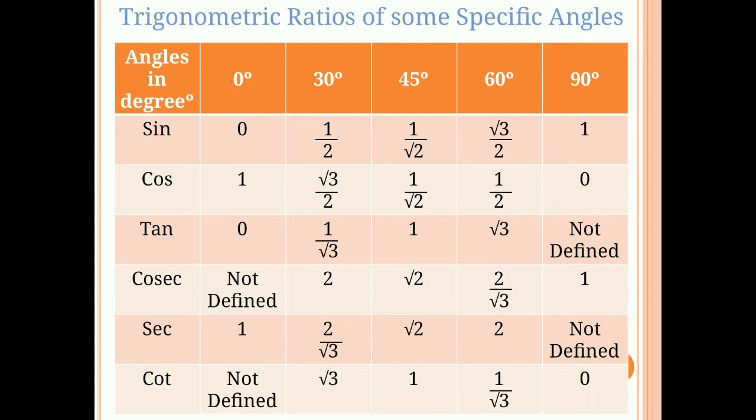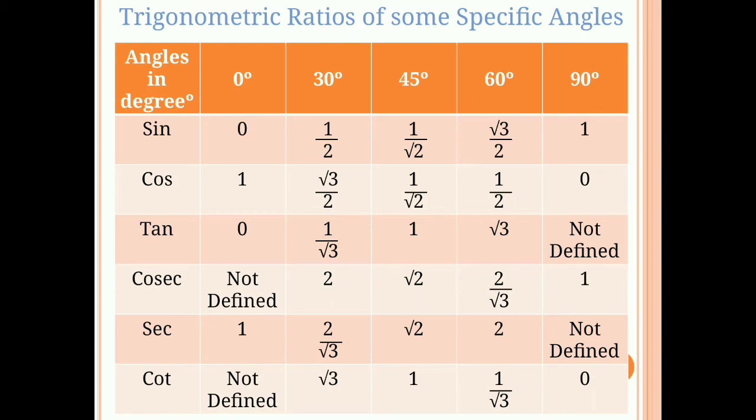So let's remember, in case of sine, from the start at 0 degree we will write 0 and at 90 degree it is maximum, 1. So the values of sine will be between 0 and 1, starting from angle 0 degree, and at 90 degree it will be maximum 1. The values will increase from 0 degree as we move towards 90 degree. So at 30 degree sine 30 is 1 by 2, at 45 degree it is 1 by root 2, at 60 degree it is root 3 by 2, and at 90 it is 1. We must remember the values of these angles.